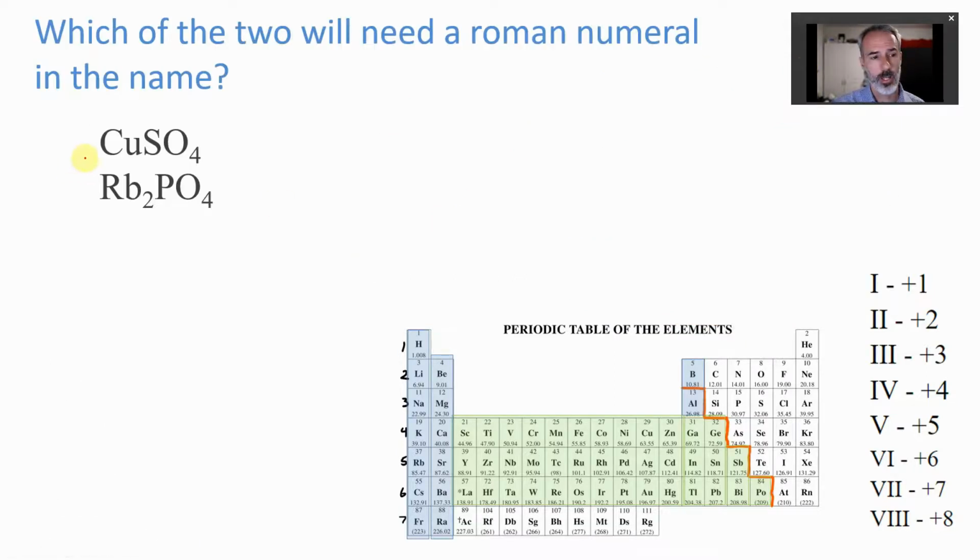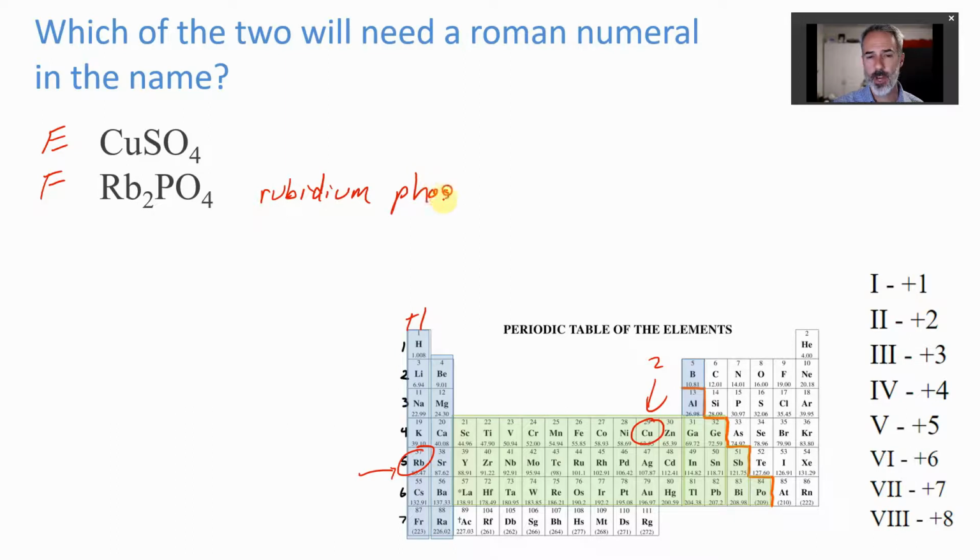Let's try this one. Let's say this is compound E and compound F. Which one of those two needs a Roman numeral? Well, rubidium is right here and copper is right there. I don't know the charge of copper. It's in that green transition metal area. I do know the charge of rubidium because it's in the column where they're all +1. So if I know its charge, it does not need a Roman numeral. It would simply be rubidium,